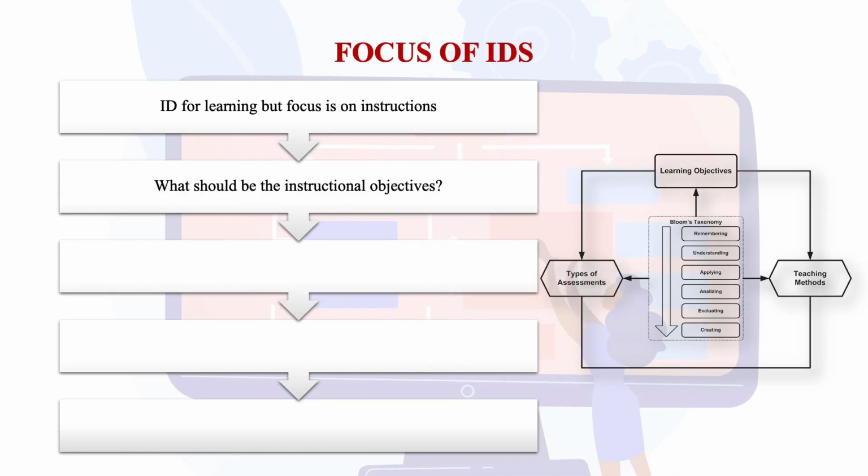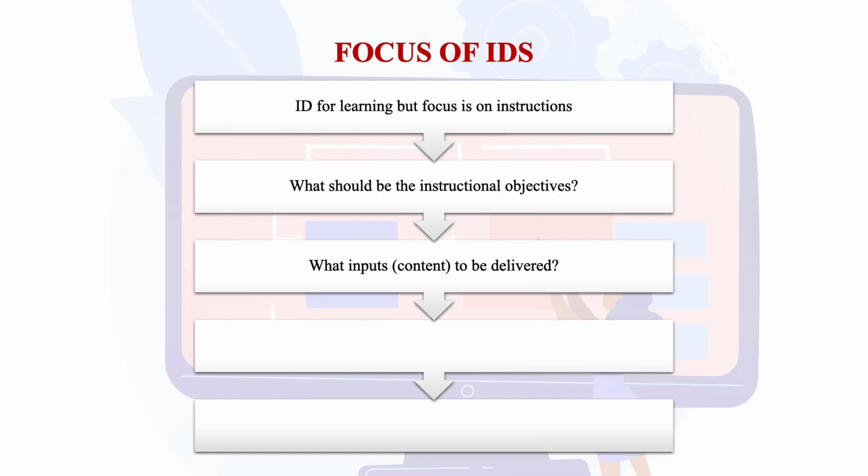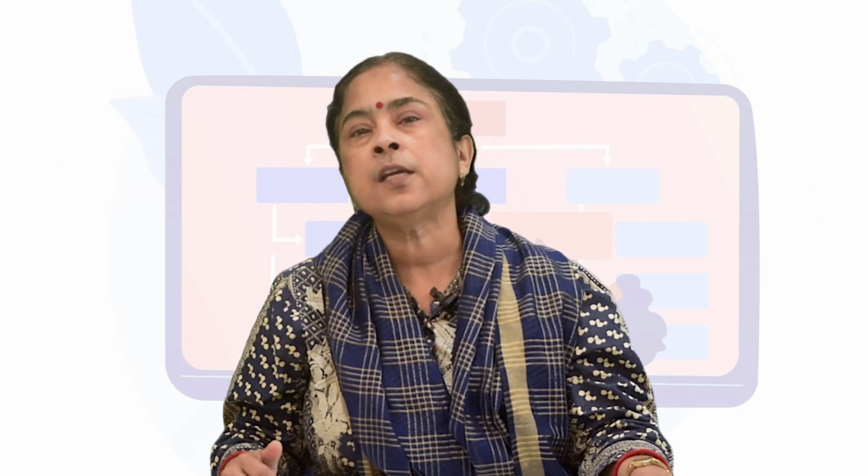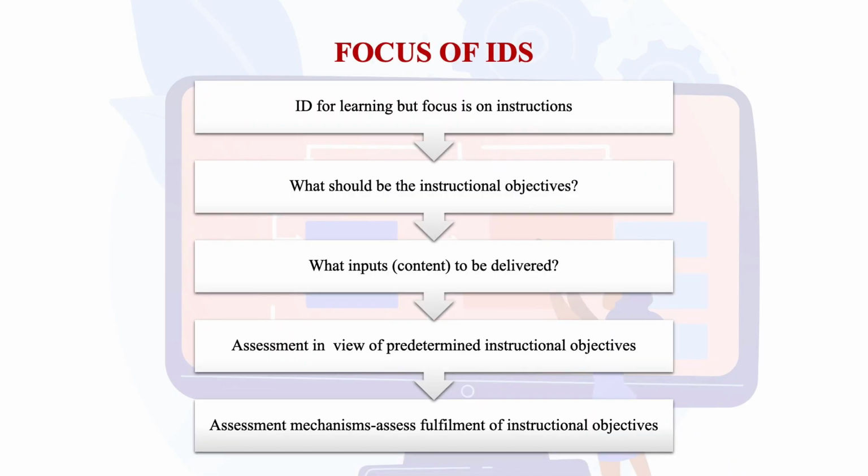That is, what should be taught is decided in the light of the objectives that we have framed, and the objectives would tell us why we are going to teach a particular concept or idea or process. In view of such instructional objectives, we decide what should be taught, what type of content we need so that the learners can attain the learning that we desire, so that the instructional objectives are fulfilled.